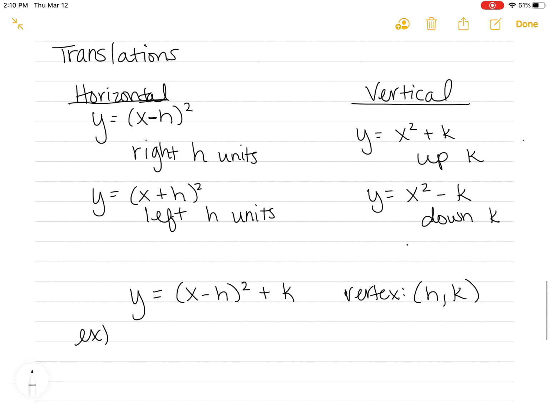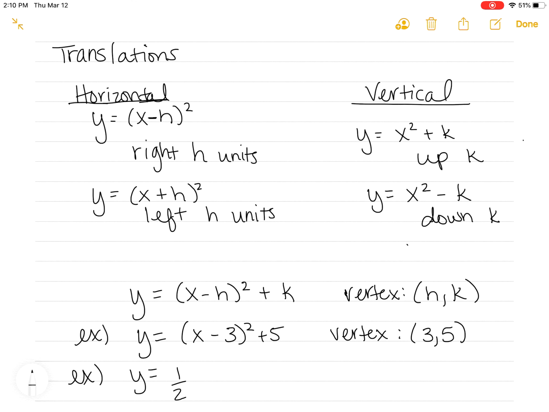So for example, if I had y equals (x minus 3) squared plus 5, the vertex is going to be positive 3, positive 5, okay? If I had some stretch or compression out front, that is not going to affect the vertex at all, like its location. So if I have